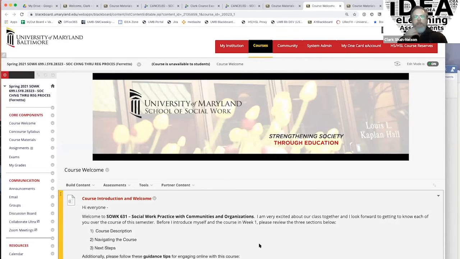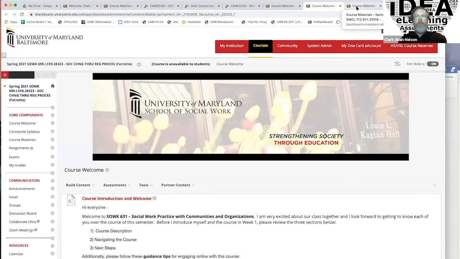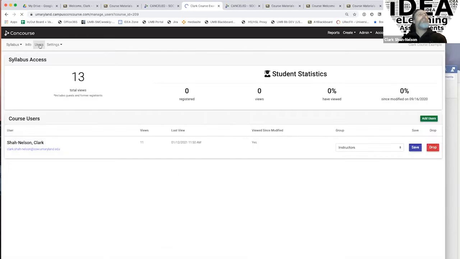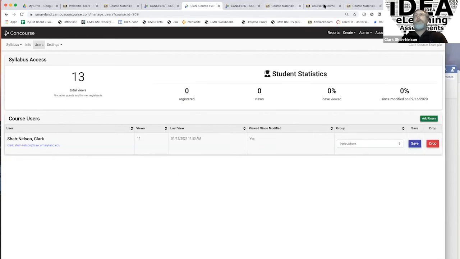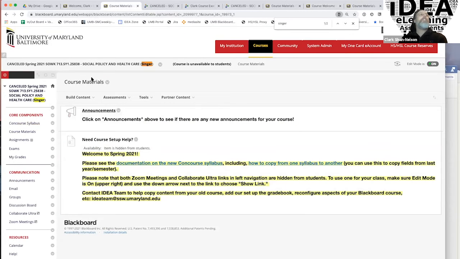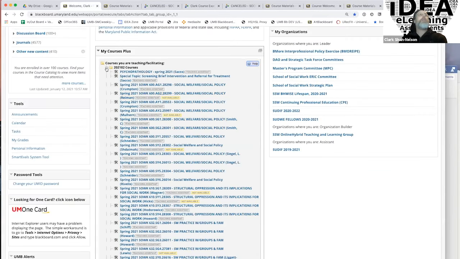Right. Well, I was looking for one where some folks had already gone in there so I could just show you what the users looks like. Oh, you know what? Maybe I can use mine as an example here. I bet maybe I have somebody else. Okay, I'm the only person in there too. Let's see. Maybe I'll go to one that's already running just so we can see what that kind of looks like. So if I go to a fall course,